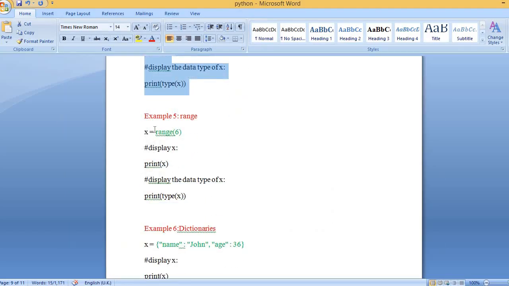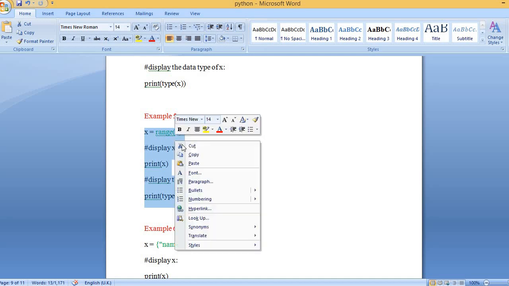Next is range. Same, you will declare x equal to range of 6, print x, because here I want to see how many values there are, whether it is from 0 to 6 or what range. Next, print type of x, what type of range it is.